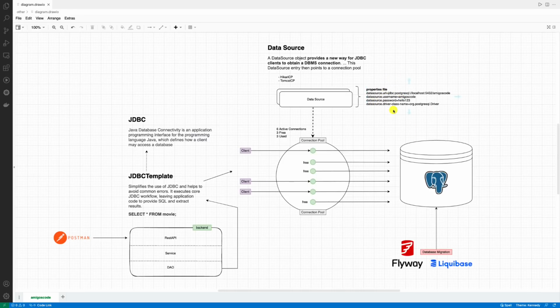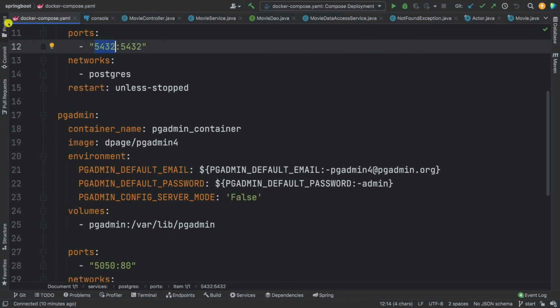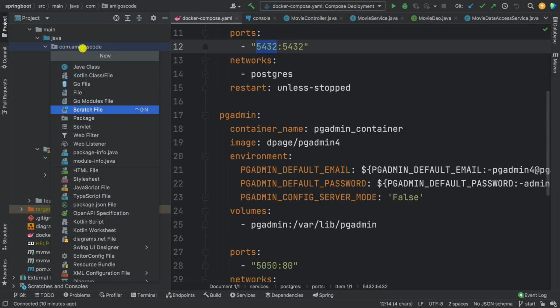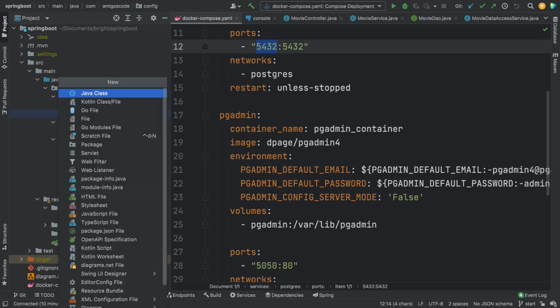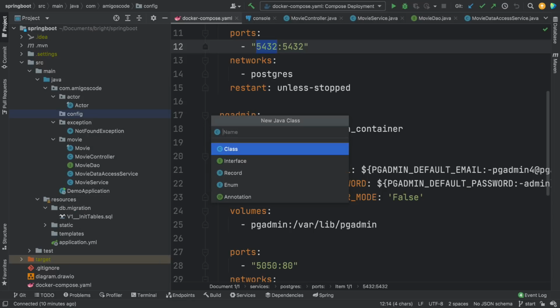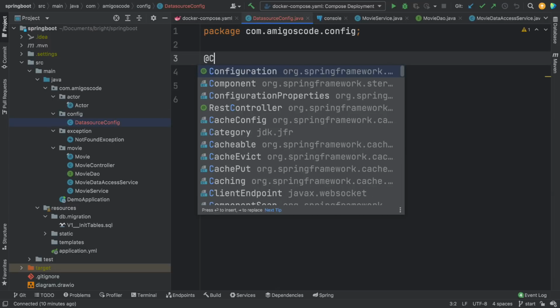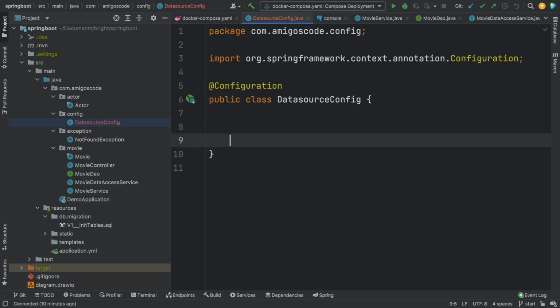So let's go back to IntelliJ, and in here, let me just collapse this for a second. And here I'm going to expand project. What I want to do first is to create a package. So inside of com.amigoscode, let's create a package, and we're going to name this config. There we go. And inside of config, let's create a new class and name this DataSourceConfig, just like that. Now annotate this with @Configuration, and inside what we need is we need to say